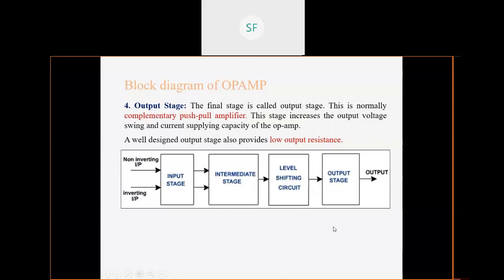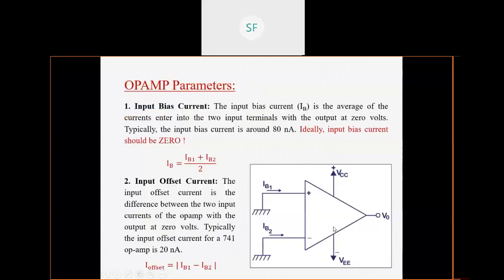So we have seen this particular part in the last session. We have started discussing the op-amp parameters. There are different parameters of the op-amp, and you should remember their definitions and formulas. These are important. In the examination, they might ask you, okay, what is input bias current and all. So the definition part can also come.